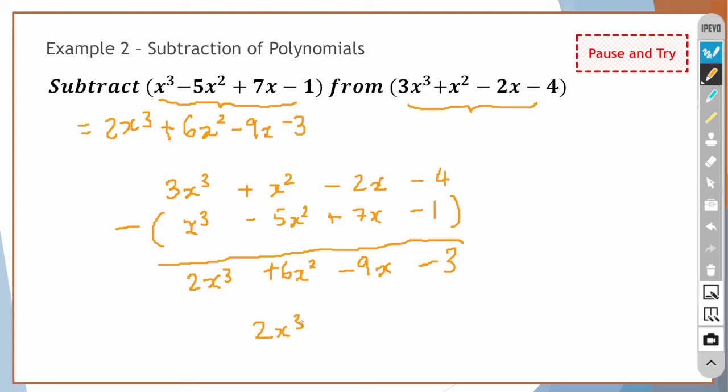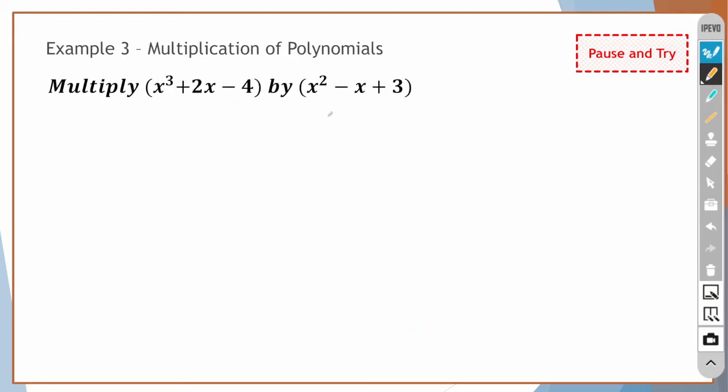2x cubed plus 6x squared minus 9x minus 3. So this is example 3. We're going to be focusing on multiplication of polynomials here. So we've got this bracket, x cubed plus 2x minus 4 multiplied by this entire bracket, x squared minus x plus 3. So I'm going to give you a chance to pause the video here and try it out for